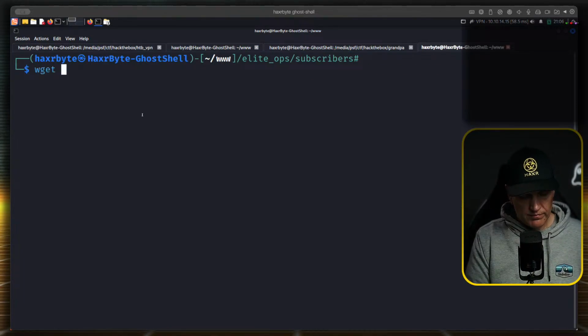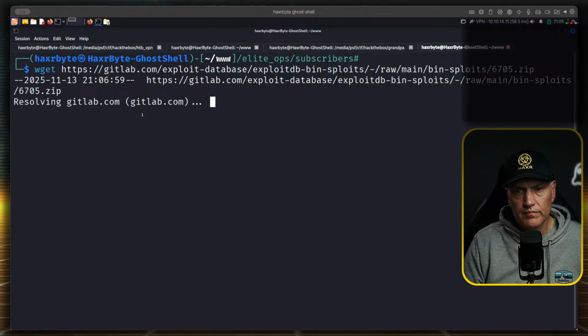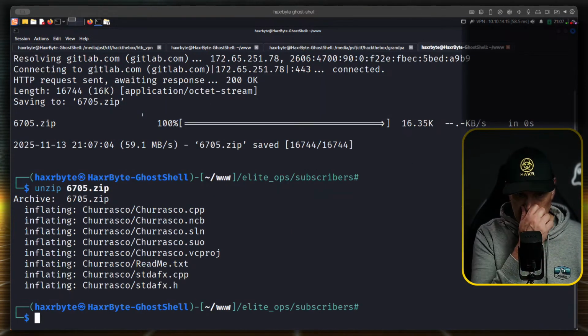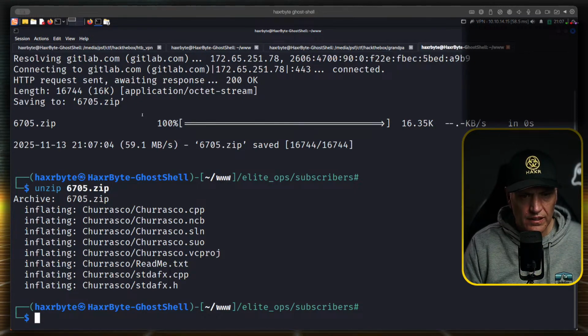Delegate. Let's look at this exploit. Unzip 6.7. I think that's the one that he used.